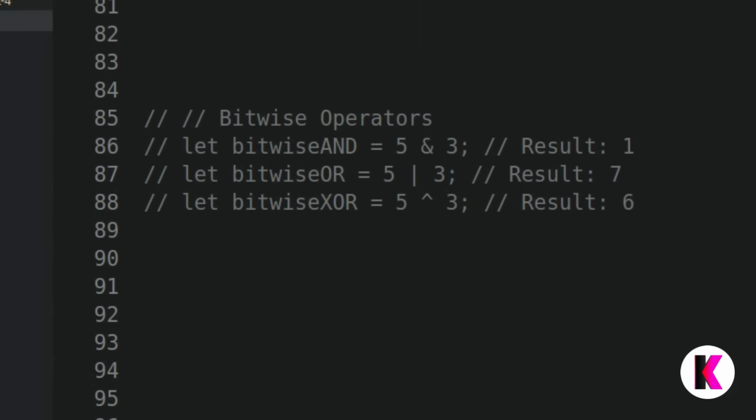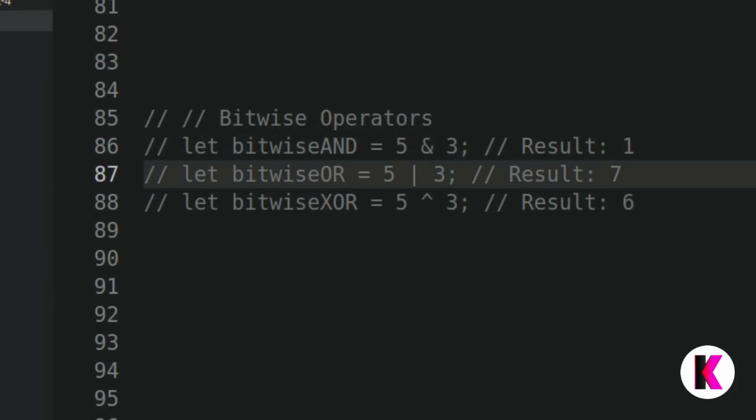These are bitwise operators. In this, 5 and 3, this is the AND operator. If both the values are correct, this will return true, otherwise it returns false. And in the OR operator, if any one value is correct, it will return true.